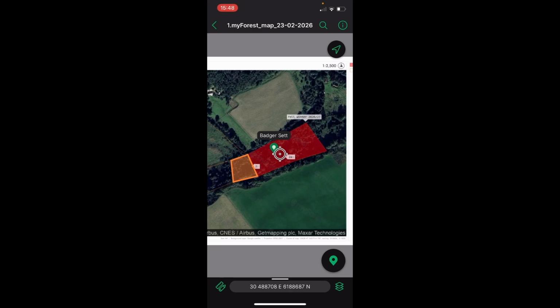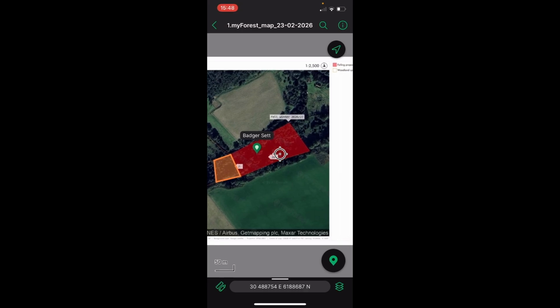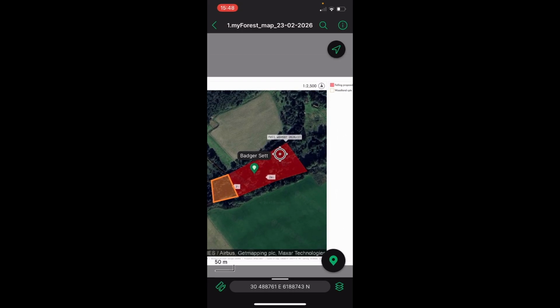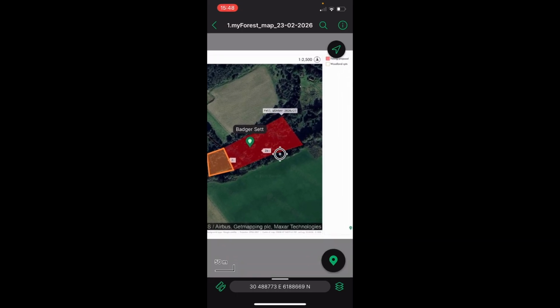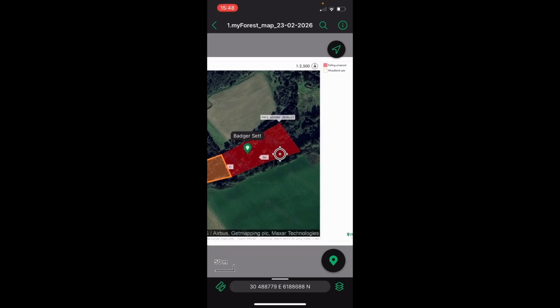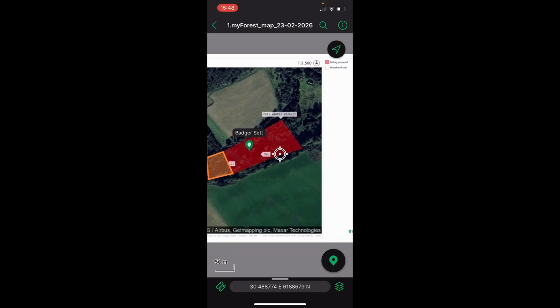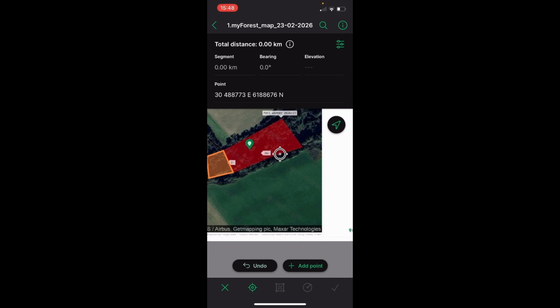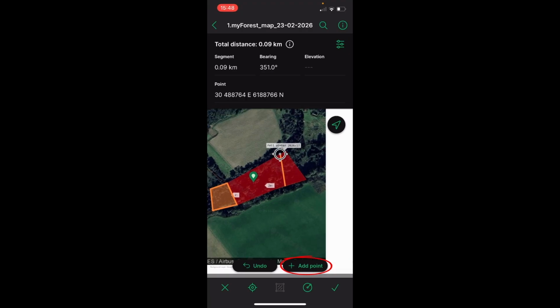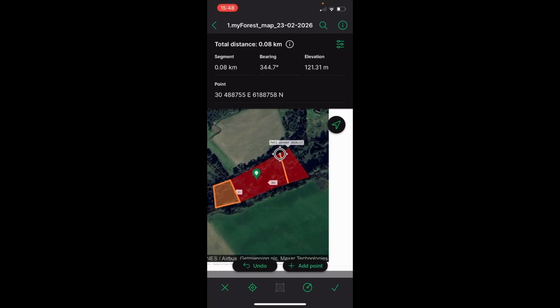I then keep walking east through the woodland, and I notice that there is a wayleave line, like an overhead power line running north to south pretty much, and I want to mark that in. So I'm again going to select the measure tool in the bottom left-hand corner, so the ruler and the pen, and select Draw and Measure. Move the bullseye to the starting point and select Add Point, and then to the end point and select Add Point, and this time I'm going to keep it as a line, so 0.08 kilometres,